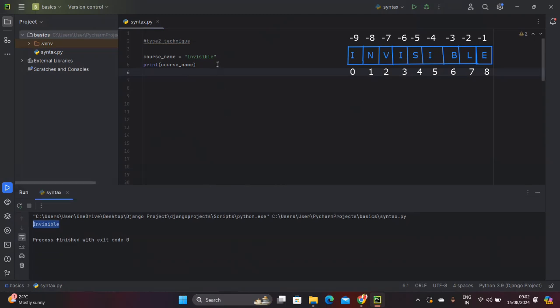Now, whenever you want to get a single character, go with the type 1 technique. But in the type 2 technique, we use the string slicing technique. We need to use the string name, then square brackets. You need to give two values: start and end value, within a colon. Start means the starting value, and end means the ending value. Always remember, in the type 2 technique, the ending value